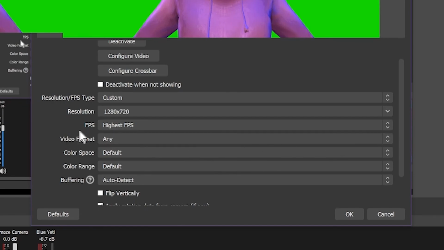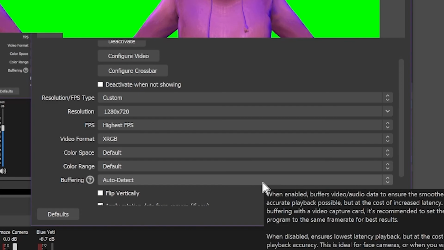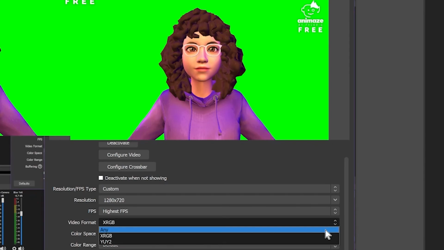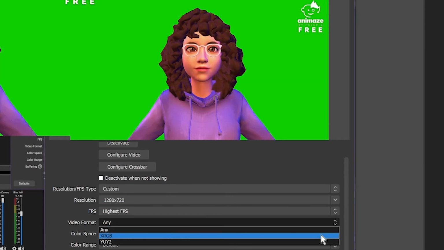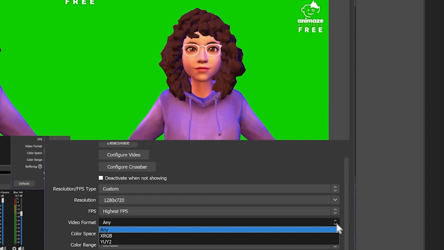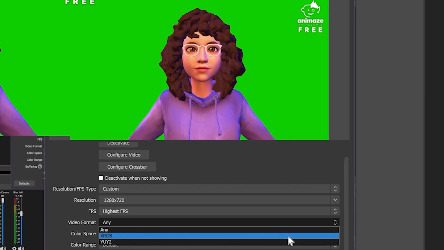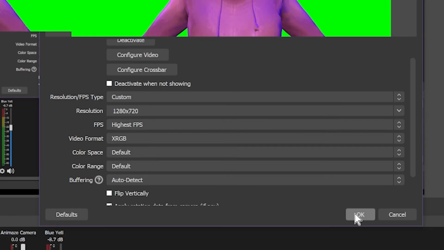And then in video format, this one's really important, okay? In video format right here, click this down and click XRGB. Basically, and it says this in the Animaze app, when you have it on any, it's not really showing the colors as they truly are. So it's making it, as you can see, a little dull in some places. It's a little bit too overly saturated. So XRGB is more accurate. I'm going to click it a couple times so you guys can really see the difference, right? You can see it just looks so much better using XRGB because that's a more accurate color format, or video format. So make sure it's on XRGB, and then you can leave these two